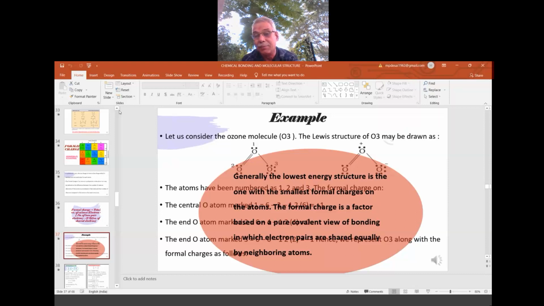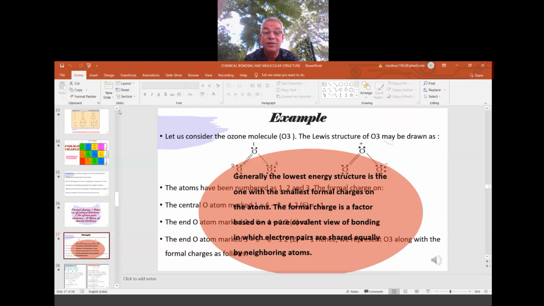So just to differentiate which O is participating, I have marked them as oxygen atom number 1, number 2, number 3. In the case of oxygen atom number 1, we have one lone pair, and how many bond pairs? There is a double bond between 1 and 2, so 2 bond pairs between 1 and 2, and between 1 and 3 if you find. So oxygen atom number 1 has got one lone pair and one bond pair.